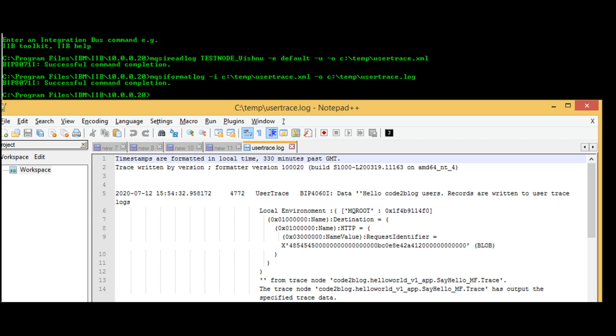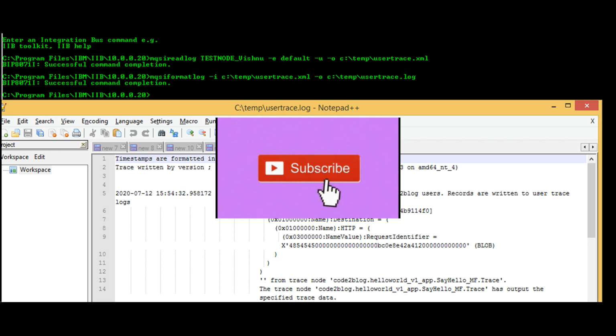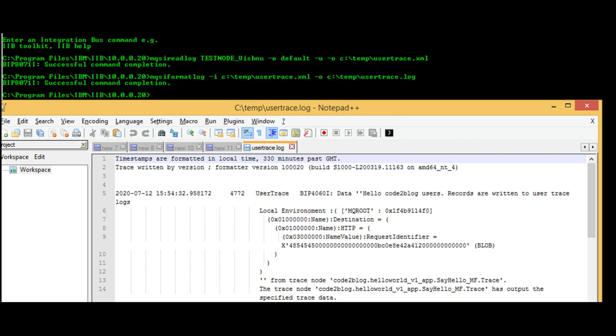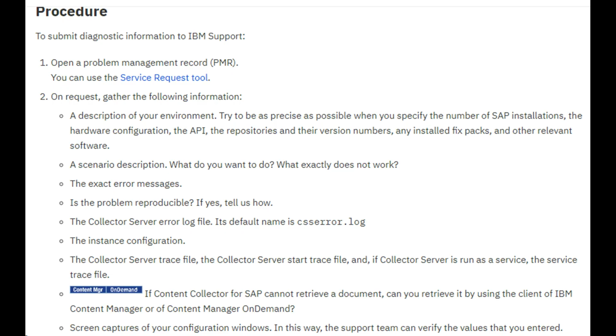Next, user trace and service trace are not for logging. These are for debugging cases when something goes bad and nobody knows what's happening. To capture additional information, we use these two options: user trace and service trace. User trace captures some information, service trace captures a lot of information. And when you switch on service trace, your execution group is going to slow down significantly. The only case where you should be switching on service trace is so that you can raise a PMR and ask assistance from the IBM team.